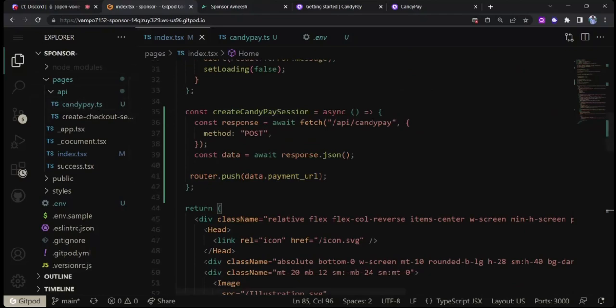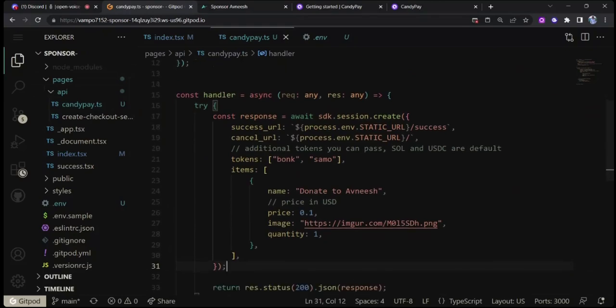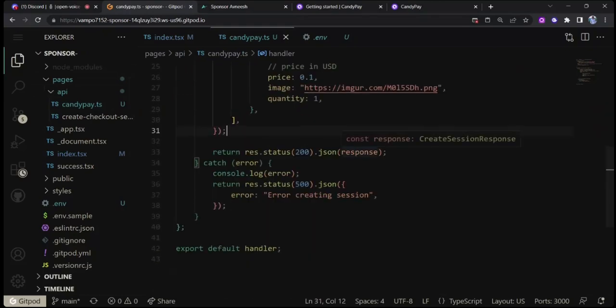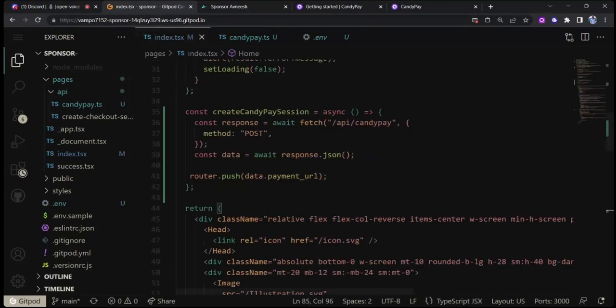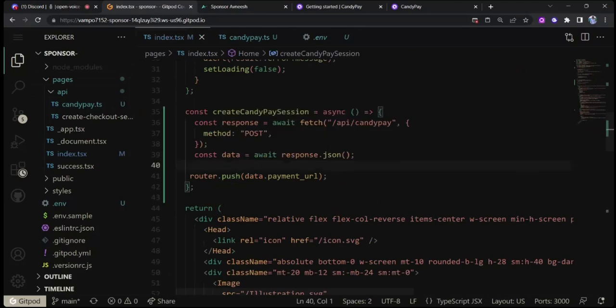What it does is call our serverless API under the pages/API/CandyPay.ts file. It does the API call, and our API takes in all these params and responds with the response object. Once we get the object, we process it as data, and our router.push basically redirects the user to the payment page. Before actually redirecting, I just want to show what the data looks like with our link